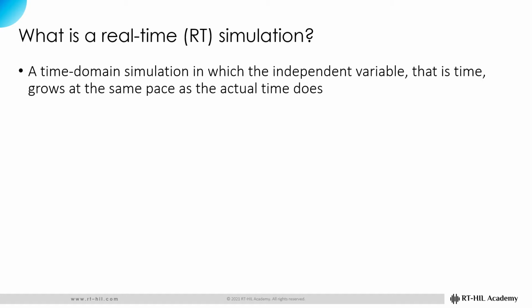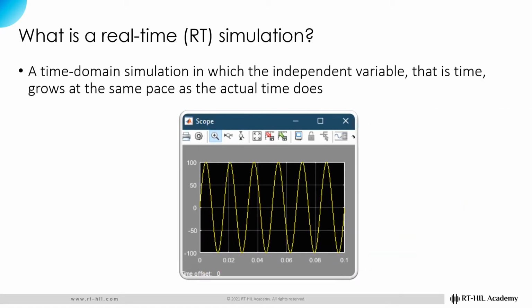Let me show you an example. As you might remember, this figure shows the current flowing through our good old resistor that was simulated in MATLAB Simulink. As the figure shows, the simulation has lasted for 0.1 second or 100 milliseconds. Now, let's have a look at the actual time on the computer when this simulation was running. The actual time on the computer when the simulation started was 8:20 second, and when the simulation finished was 8:20.1 second. So, it took precisely 0.1 second for the computer to perform 0.1 second of simulation. Therefore, the simulation was real-time.